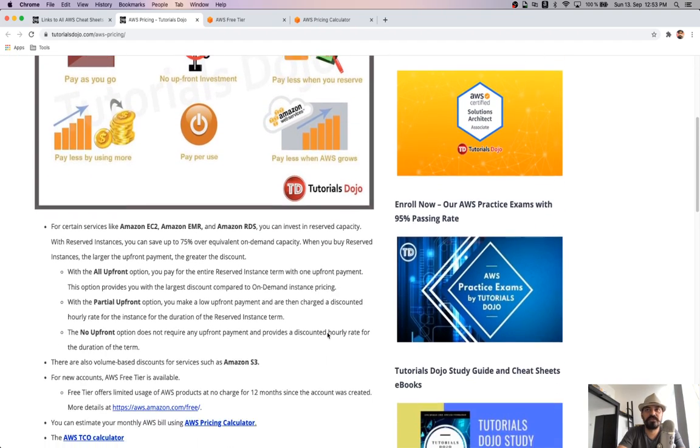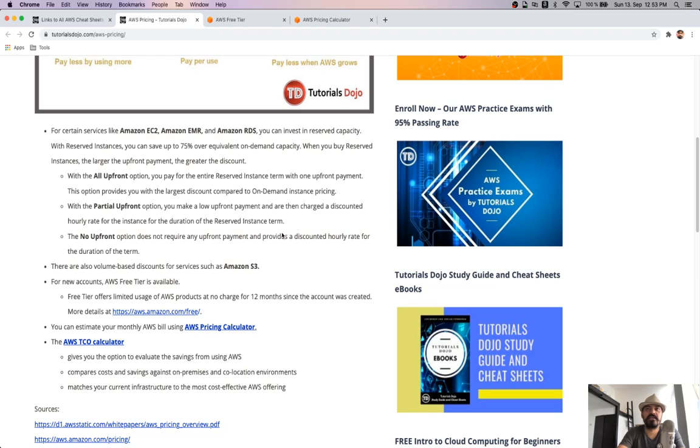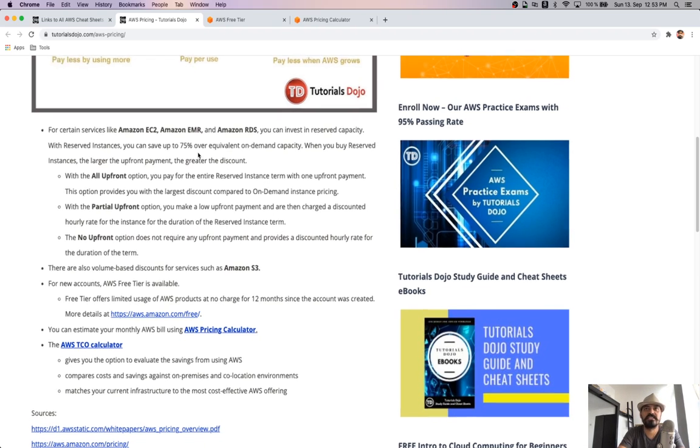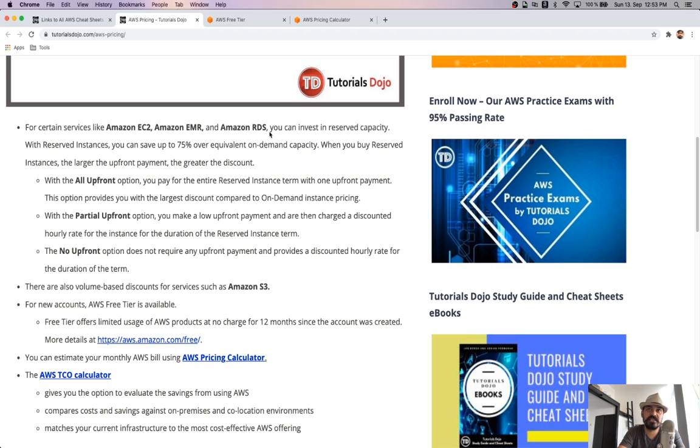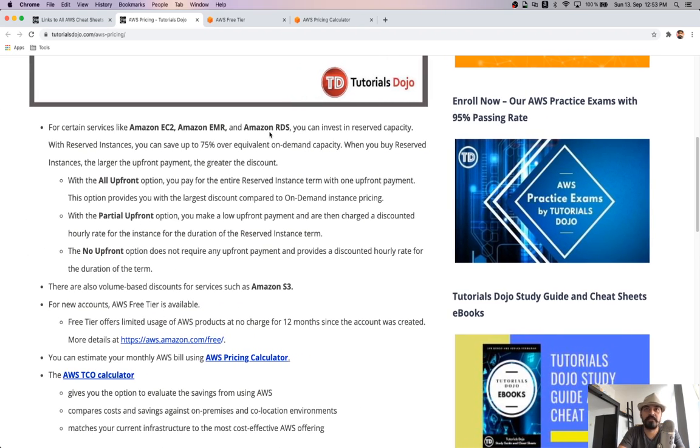If you go inside, there are a few services like Amazon EC2, Amazon EMR, and Amazon RDS, where you have something called reserved capacity, where you can book reserved instances. There is also something called an on-demand instance. An on-demand instance is when you went to the portal, started clicking on the UI, provisioned the resource, and started using it. That is on demand. And for that, AWS keeps some capacity for when you come and click.